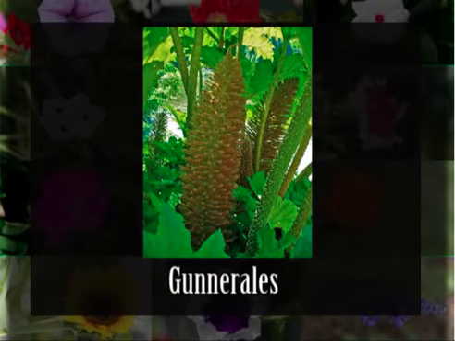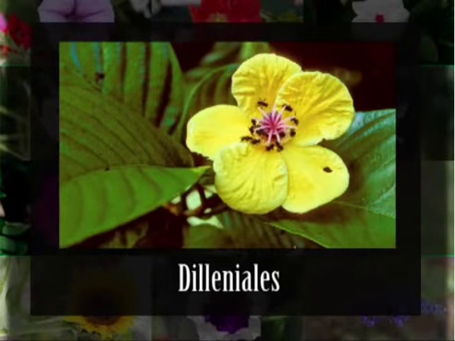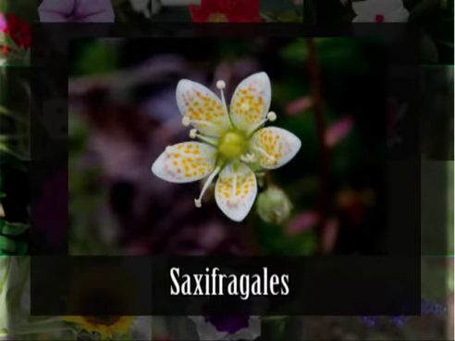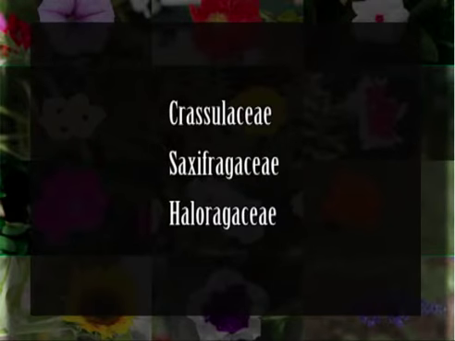This core eudicot is followed by one more informal clade by the name of Pentapetalae. Penta means 5, petalae means the petals. Petals are the individual parts of the corolla. This Pentapetalae informal clade includes the order Dilleniales, and one more, Saxifragales. Saxifragales is a large order wherein we have many families included, like Crassulaceae, Saxifragaceae, or Haloragaceae.